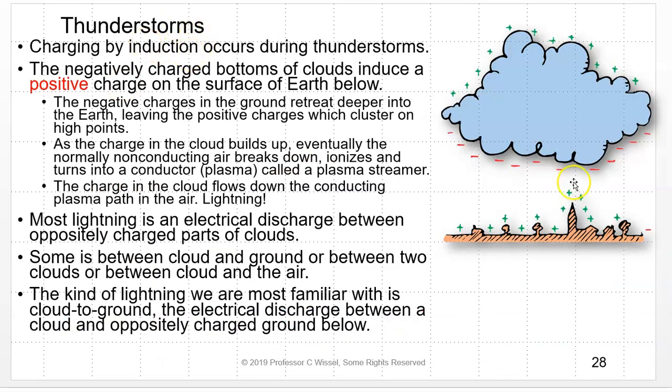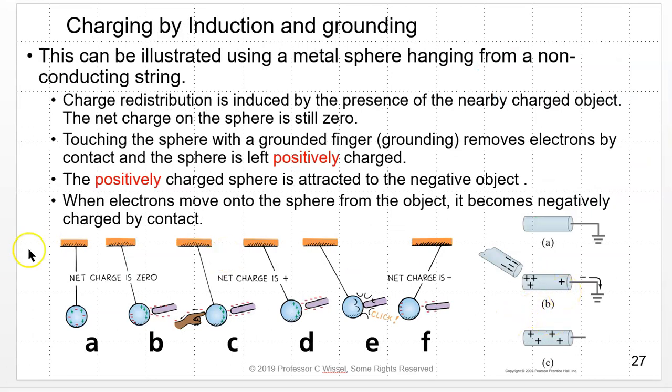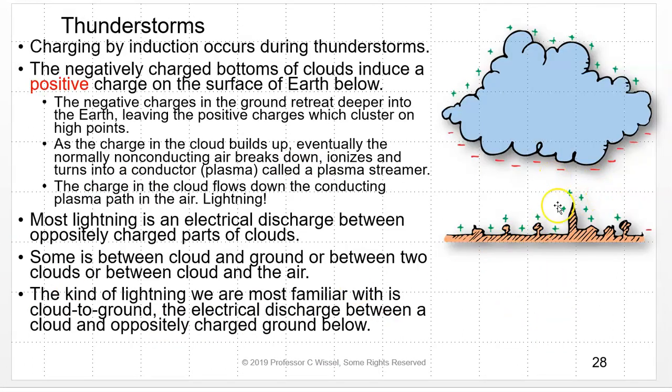Now, thunderstorms can occur just about anywhere, but thousands of them occur on the face of the earth every day. Charging by induction occurs in thunderstorms. A typical thunderstorm has positive charges at the top and negative charges at the bottom. The negatively charged bottoms of clouds induce a positive charge in the surface of the earth below. The negative charges in the ground themselves actually retreat deeper into the earth, sort of like we did here. And that leaves positive charges clustering on the high points, like the tops of buildings